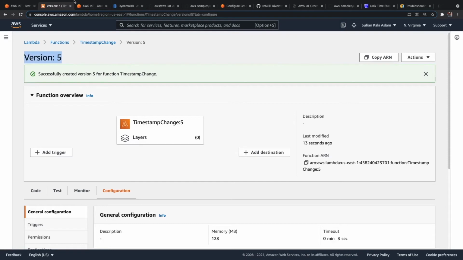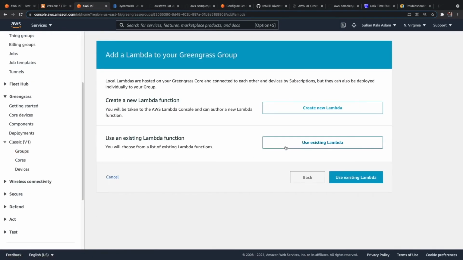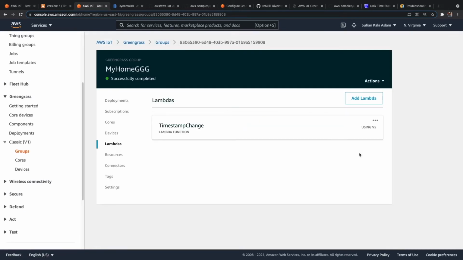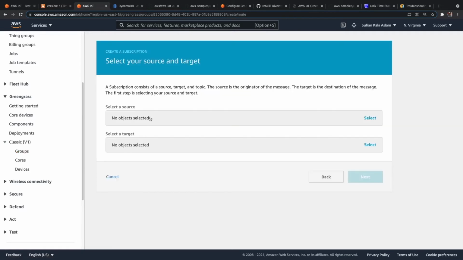Now what we can do is go back to Greengrass, go to Lambda, add a Lambda. It's an existing Lambda, so I'll select that. Click on this, click next, and this is version 5. With the same name, I had one more function already, so that's why it starts with version 5. Anyway, ignore that, and then we go back to subscriptions and we add the subscription.